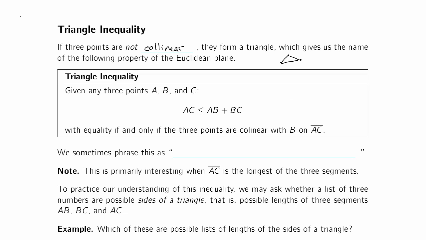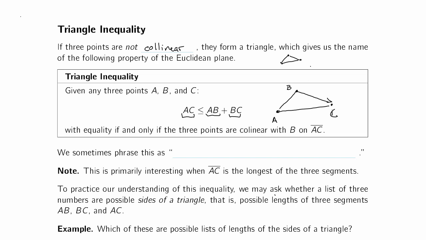If you give me any 3 random points, A, B, and C, then the distance from A to C is less than or equal to the distance from A to B, and then from B on to C. So if we have 3 points A, B, and C, the distance from A to C is less than or equal to the distance from A through B and on to C. And they're only equal if B is actually on the line segment, so they're only equal if they actually are